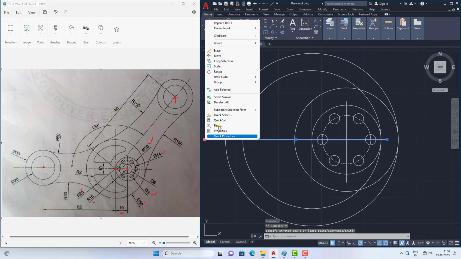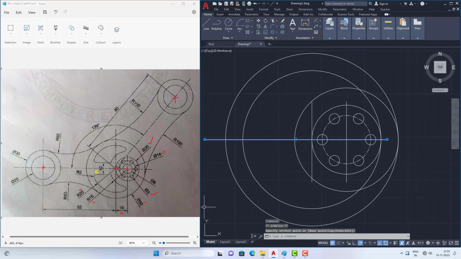Now there is a distance of 10. If you make this horizontal line to the top 5 and to the bottom 5, then we will get these lines. Giving the command O and giving the value 5 and press enter, making offset this line to the top and to the bottom. So now